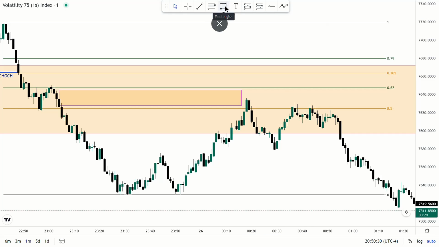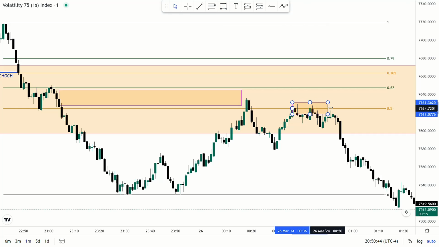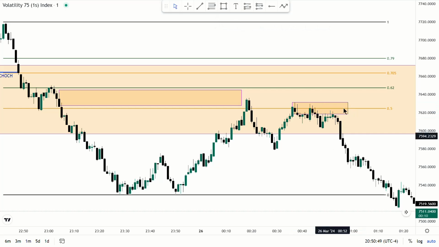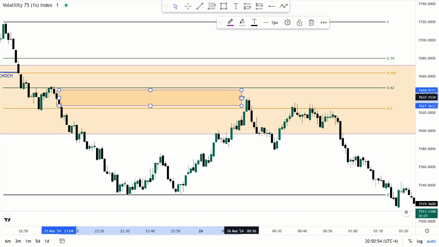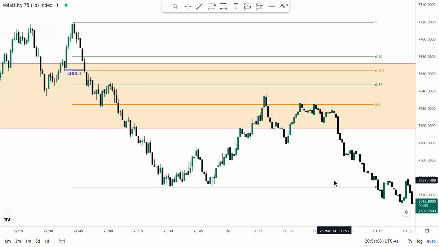This was a single candle order block right here. Everything, all of this is happening within this POI, this single candle order block on the 30-minute time frame. This was another trading opportunity that you would have utilized. So if you are a scalper like me, you could have gotten away with some quick profits here. But if you are trying to hold,